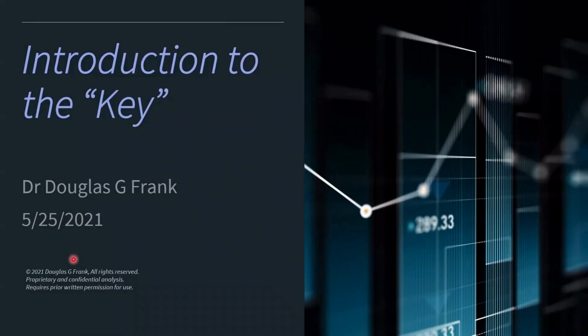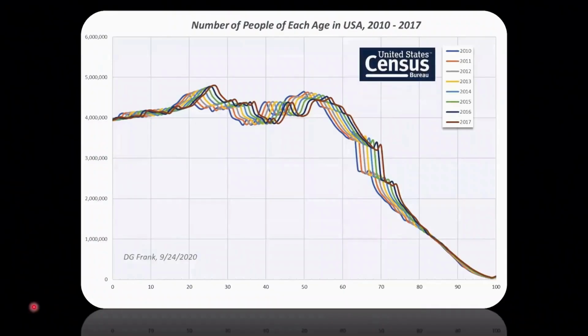You know, when I'm teaching people math, it's scary to talk about a lot of numbers. So I've just come up with a simple way to describe this. Just think of it as a key. It's sort of the key to the code that they're using to control the election. So this is like an introduction for that.